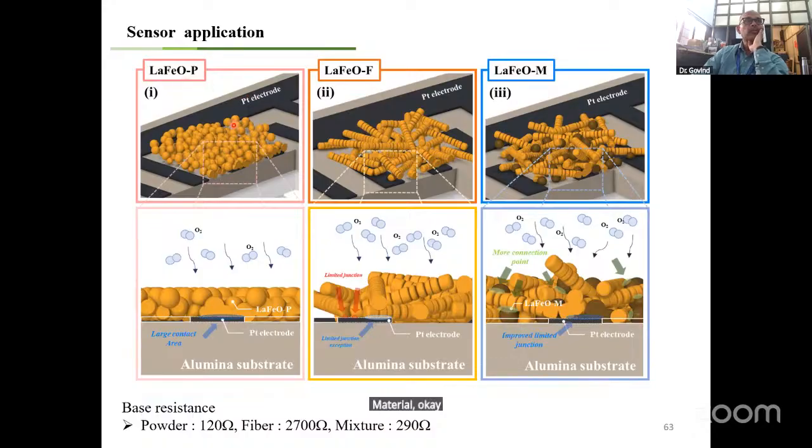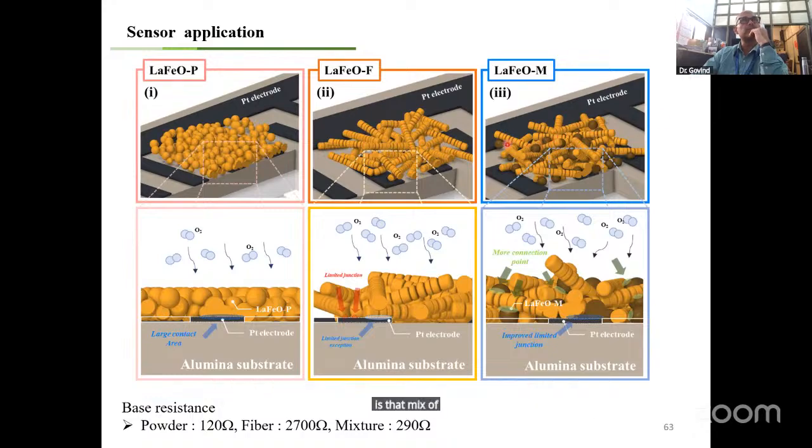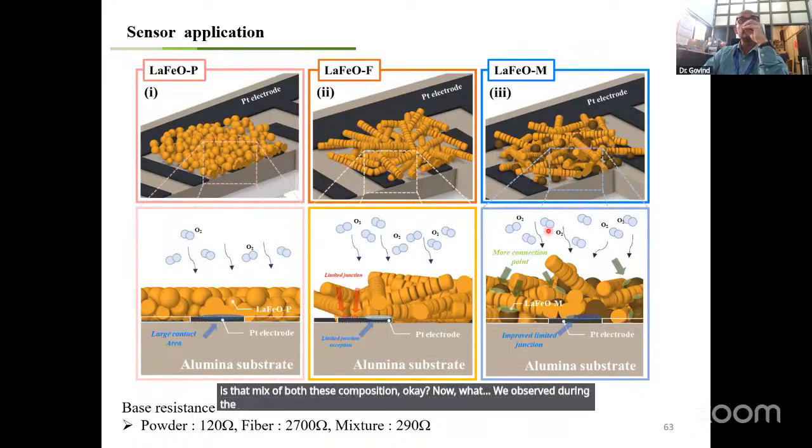Okay, one is a spherical particle, another one is a fiber or rod kind of particle, and the third one is a mix of both in this composition. Now, what we observed during the sensing performance, since this is the